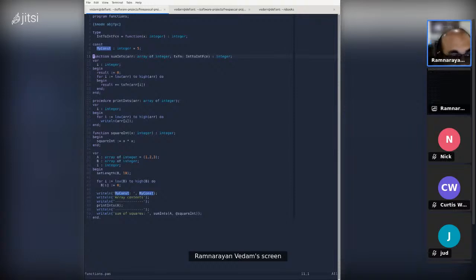A couple things here for folks who are new to Pascal, and specifically Object Pascal, because earlier versions of Pascal did something different. This keyword here, result, is a special keyword. When you are using it, it does not have to be declared.